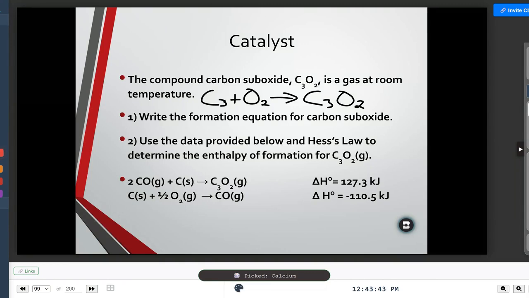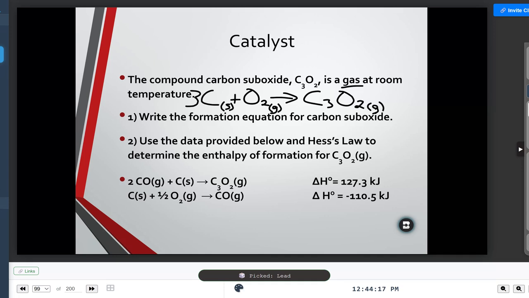C3 is okay. Now, one thing about the C3 that I've got a little bit of a problem with is that there is no C3 kind of situation, is there? So we're really not supposed to do a C3, even though we've got three C's. 3C, yeah, good. Okay, so you said that was a solid, and then our gas for oxygen, right? And then what's this last one? Yeah, it's a gas as well, right? So we can do those states of matter. Good job.